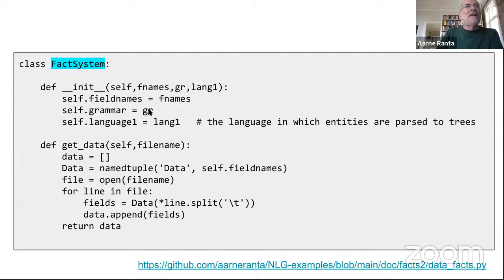Then you have the grammar, and that's actually a PGF grammar, although you can't see it because there is no type annotation here. And then there is the language in which entities are parsed to trees. This is maybe a bit surprising, that we will use parsing in the generation, but you will soon see why. And then there is, of course, a method of getting data. So you get a named tuple by using these field names. And it's a tab separated file, so nothing